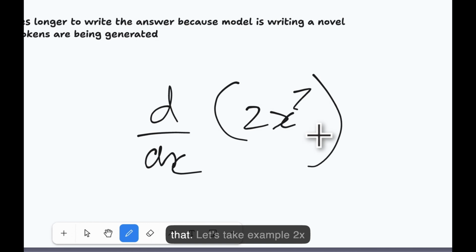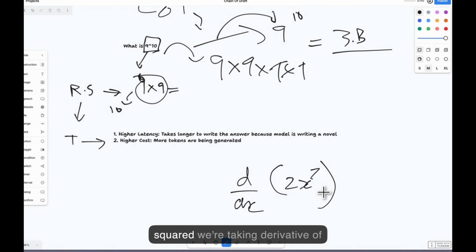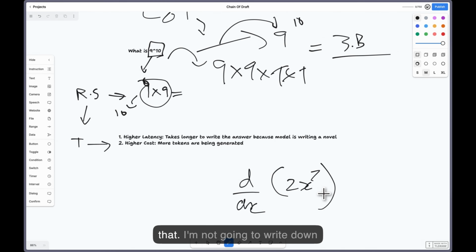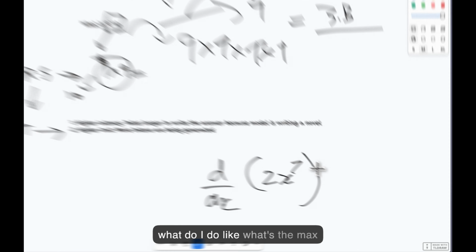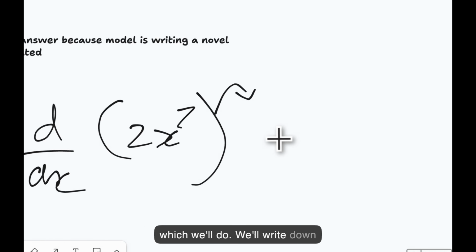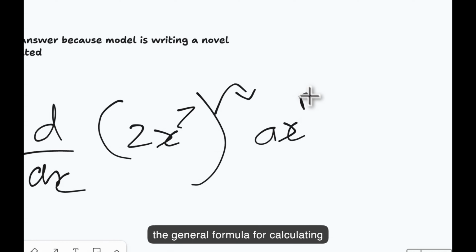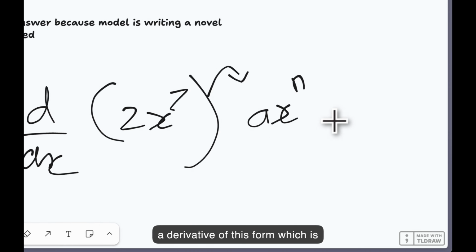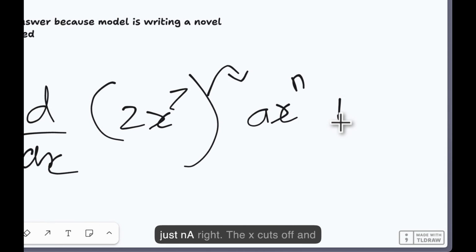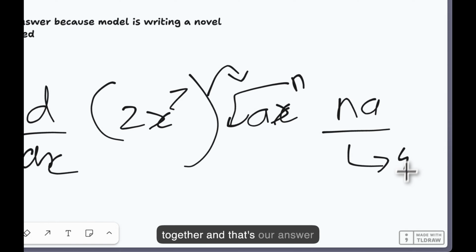I'm not going to write down what I mean by derivative. We'll write down the general formula for calculating a derivative of this form, where the x cuts off and this comes over here and we just multiply it together, and that's our answer, which is